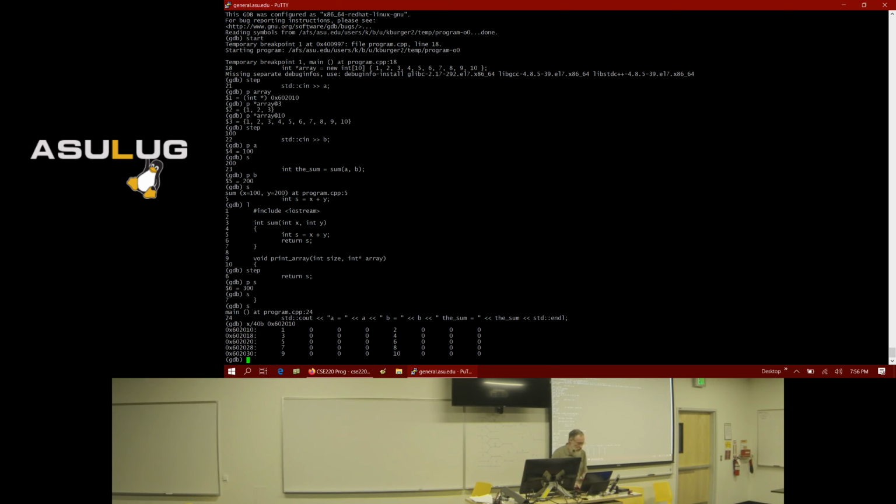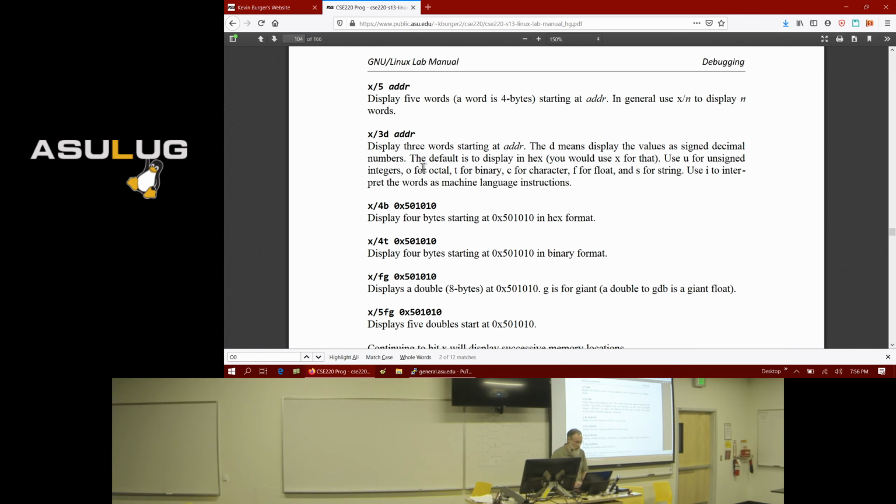Now, you can also display, instead of bytes, you can display what are called words. And word is a term that you'll learn in EE 230. But a processor has a word size. The word size is a certain number of bits.